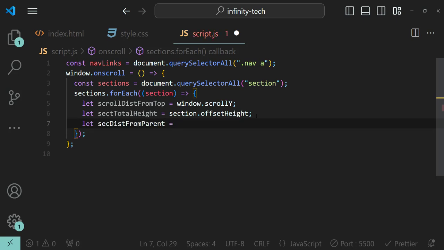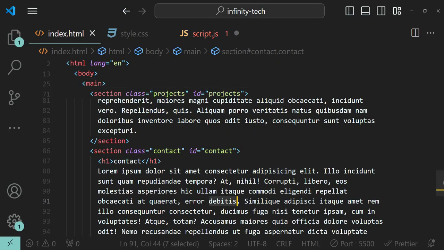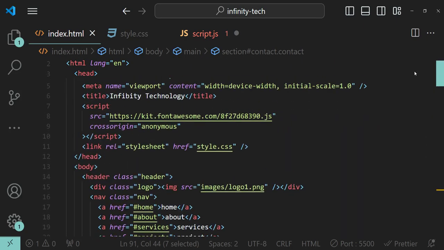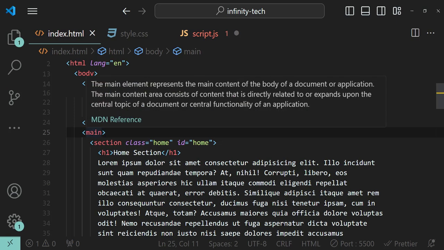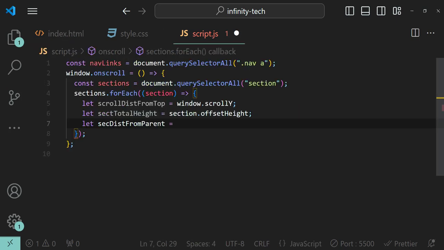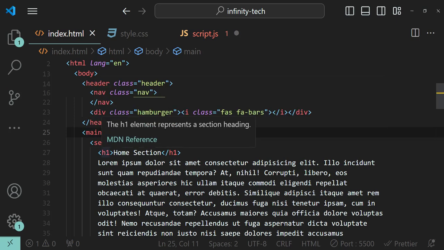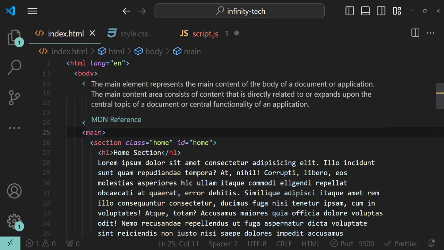So this variable will store the value, which is basically the distance between the top edge of the parent and the top edge of the section. So let's go to index.html. Now if you notice, the sections are all defined within this main element. So that means for all of these sections, the main is its parent. So this new variable, section distance from parent, will store the distance from the parent, that is main, and this